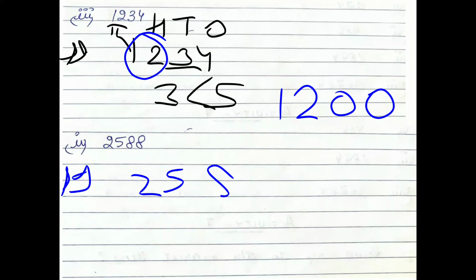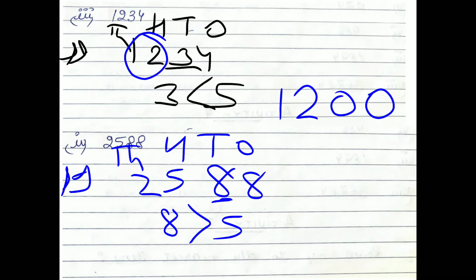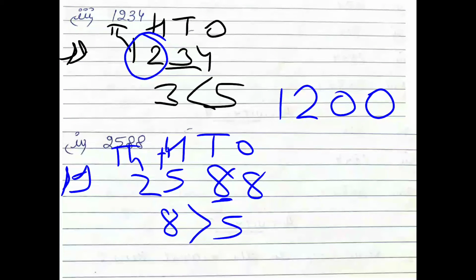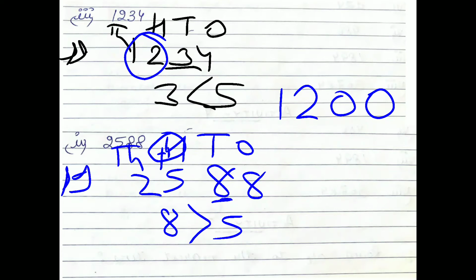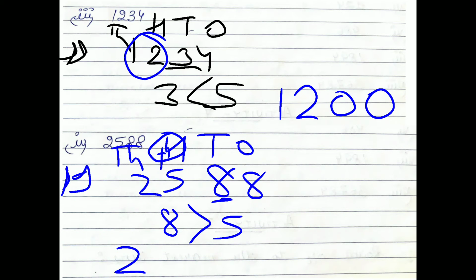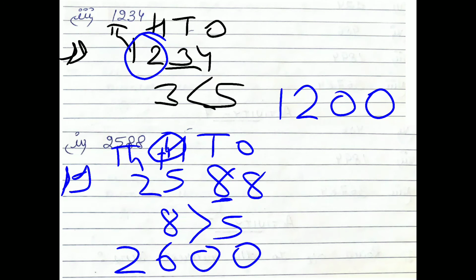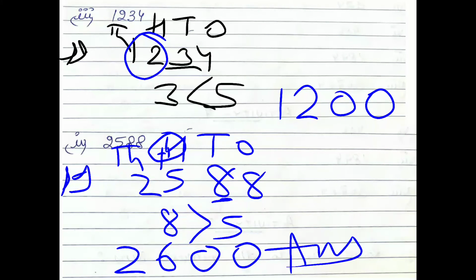See one more example. 2, 5, 8, 8. Above the number write down ones, tens, 100, 1000. Underline the tens place. Compare it with 5. 8 is your number. Is it greater? Yes. So what do you do? You add 1 on 100 place. So 1000 place number is 2. That will come as it is. On 100 place you have to add 1. So 5 plus 1 is 6. Now the underlined digit becomes 0. And after the underlined digit, all the numbers become 0. So this is the answer.